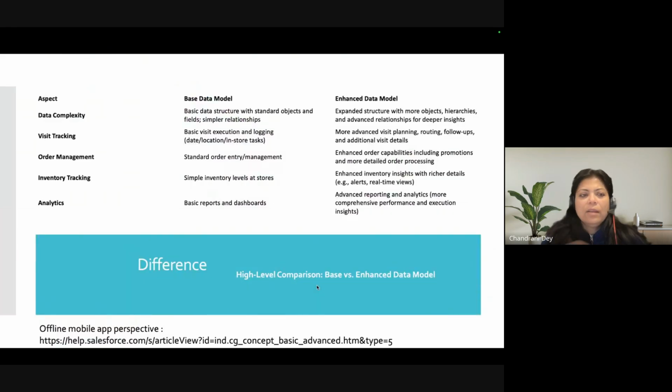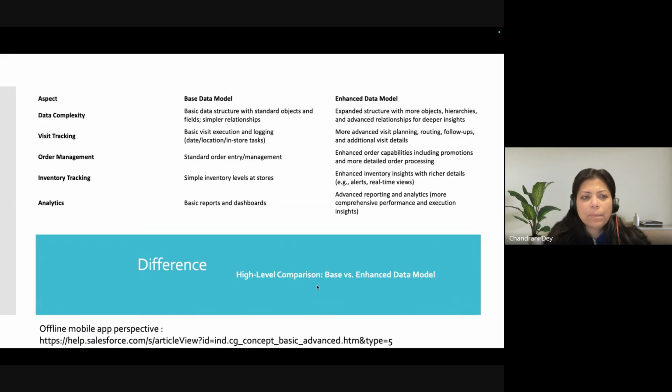Now, the aspect of difference between the base data model and enhanced data model. If you want to see any implementation from a bird's eye view, which means a top view, and want to strategize whether we should go with a base data model or enhanced data model, this is the kind of comparison that you can look at.